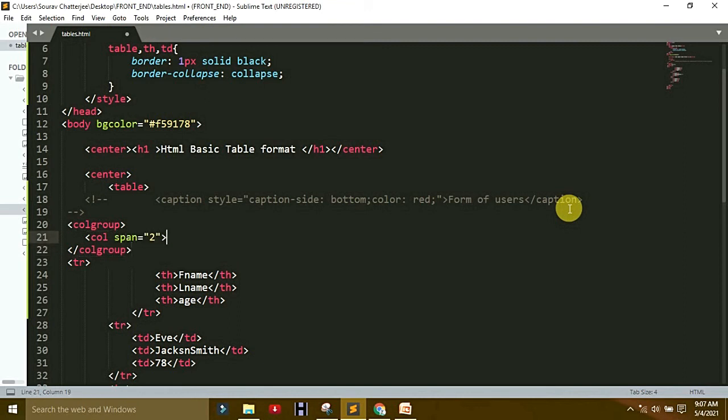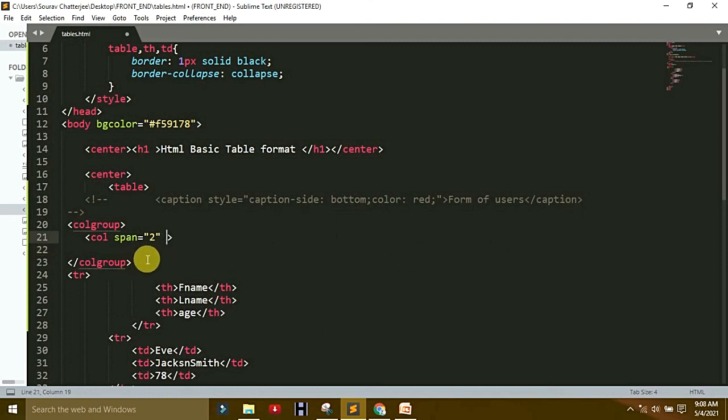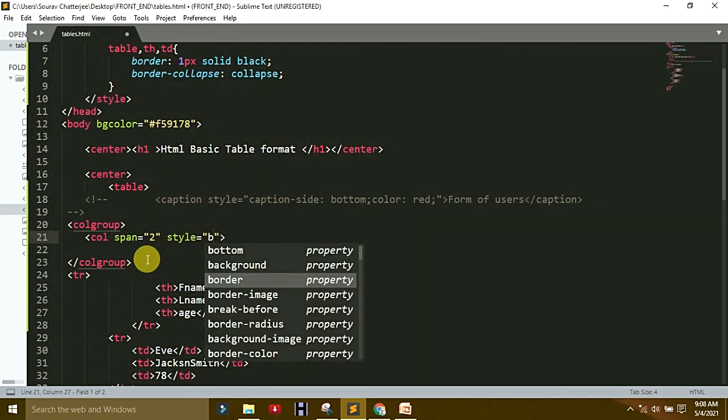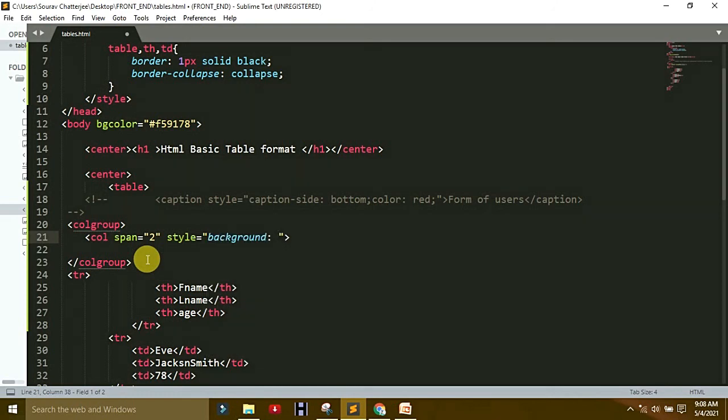So after span 2, make some style, for your better understanding. In the style tag, write background color. What is background color? Changing the background color to red. As I showed you, I write it here the same way and save it.